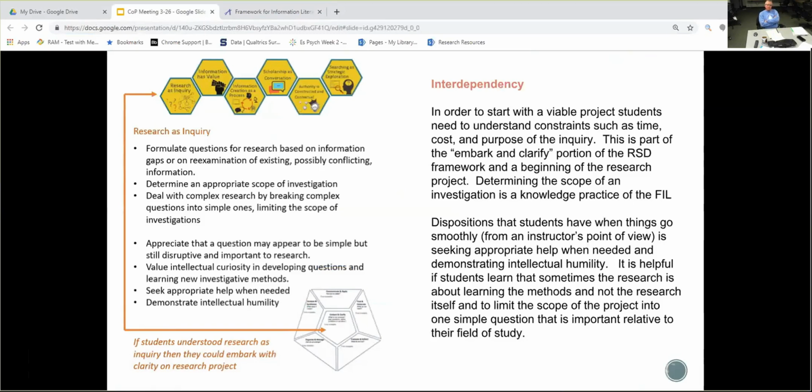Appreciate that the questions might look simple, but they're not. And so the statement I came up with was, if students understood research as inquiry, then they could embark with clarity on their research projects. So for me, these are the elements that I saw: it's hard to get them even to get a structured question. And that's, for me, about 75 to 80% of the hurdle,